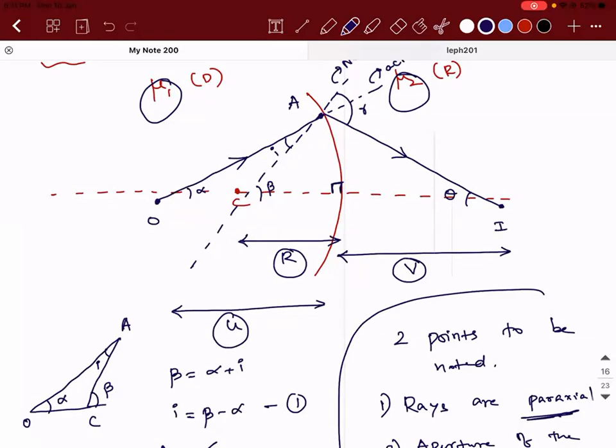When that is 90 degrees, tell me what tan theta is equal to. If I take this point as P, tan theta will be equal to AP divided by V. Similarly, tan alpha will be equal to AP divided by